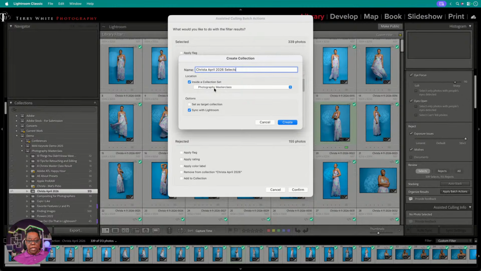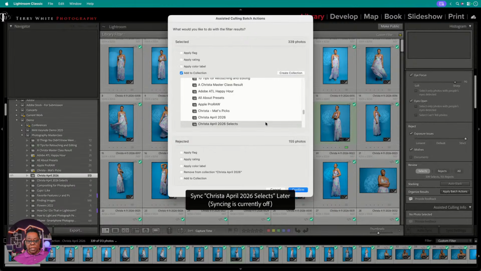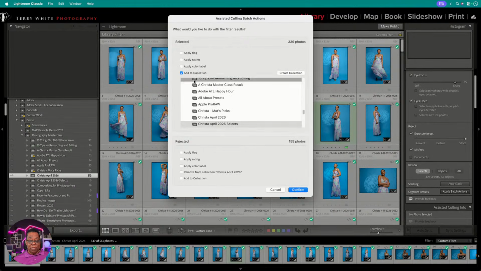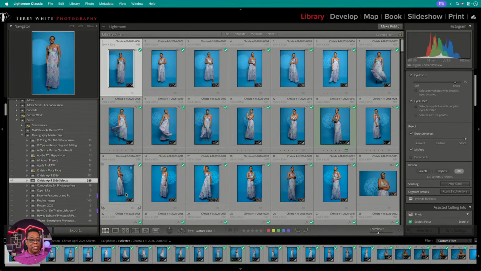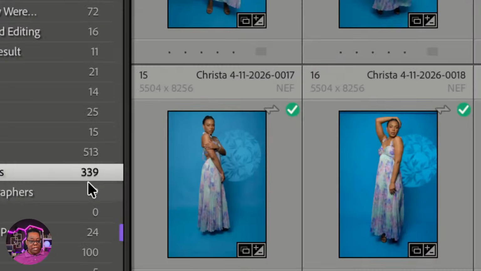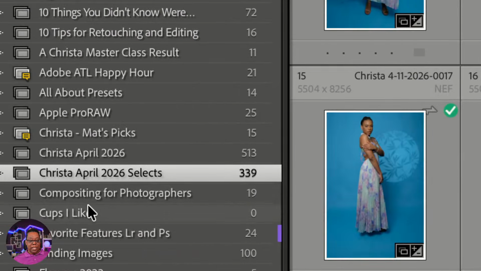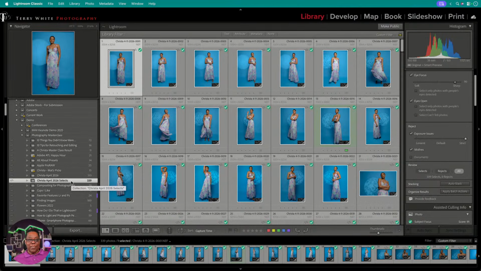All right, and put in that collection set. Yes, that's the collection that is going to go in. You can also apply flags, ratings, color labels, and so forth. I still want to go through them individually before I do any of that, but that will now build a new collection. So my 513 are still in the original collection, but now my new collection of the 339 over here are the selects. These are the ones that I know don't have any of those other issues that we